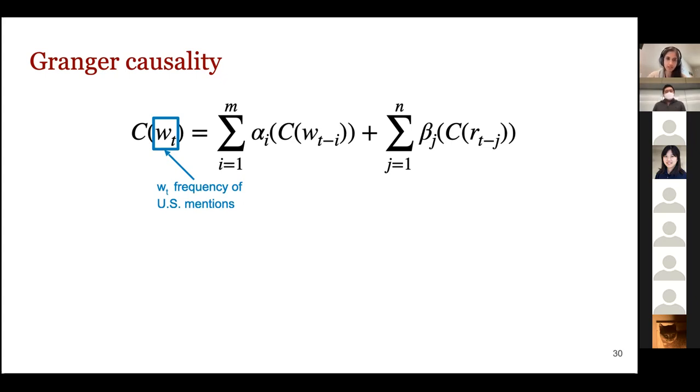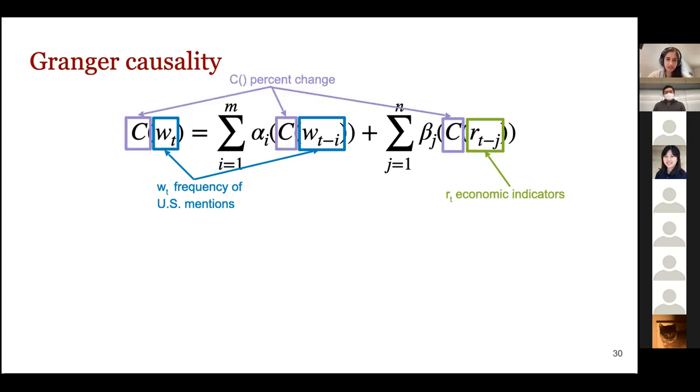And we try to do this prediction using two different variables. The first is the amount of US news coverage in the previous month. So this assumes that there's some kind of consistency to news coverage. And the second is the state of the economy in the previous month. And for each of these time series, we take the percent change. So we look at, did the US news coverage go down or up last month, and did it go down or up this month? And then similarly for the economic data. And then we fit this regression model to these time series.